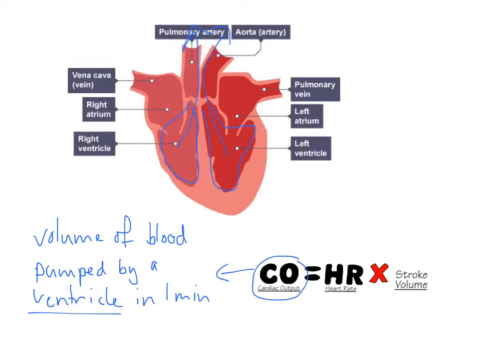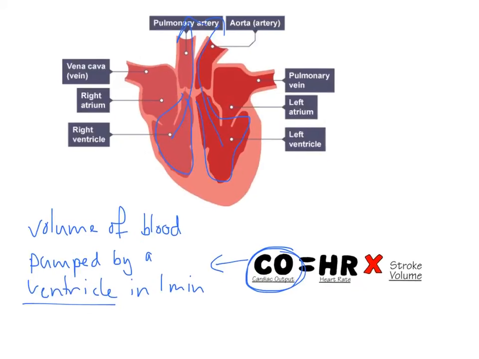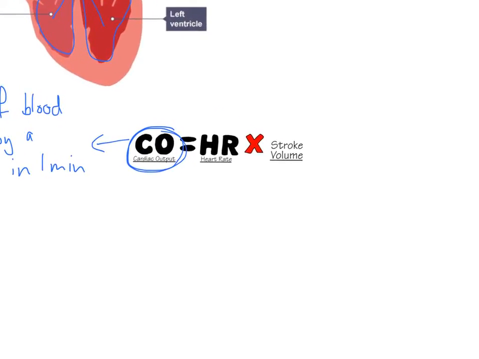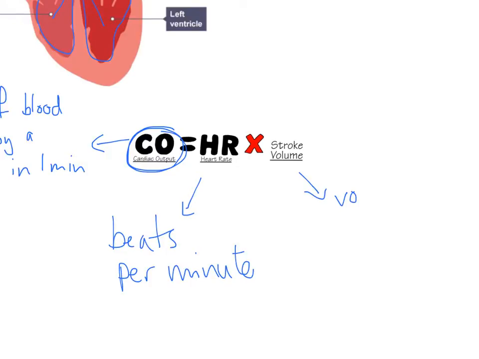And what we're trying to do is increase this parameter. We're trying to make the cardiac output as big as possible so that we get a high rate of blood flow to the muscles so they're carrying more oxygen and glucose. And the cardiac output is two things. Cardiac output is your heart rate, which is beats per minute, so the number of times in 60 seconds that your ventricle is contracting to squeeze blood out into the arteries. And the other thing is your stroke volume, and this is the volume